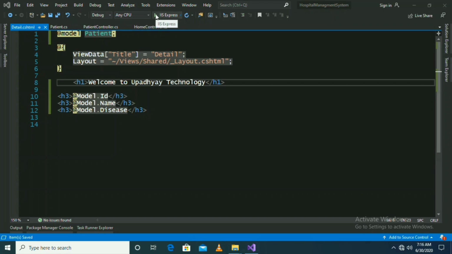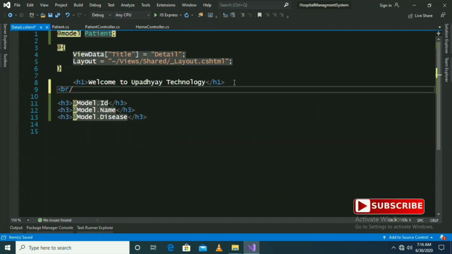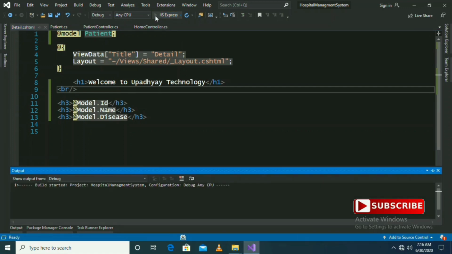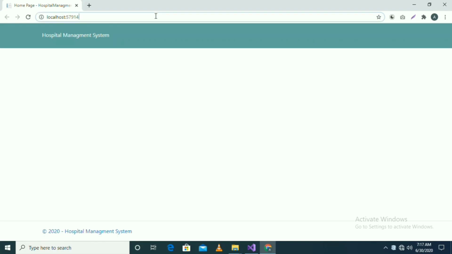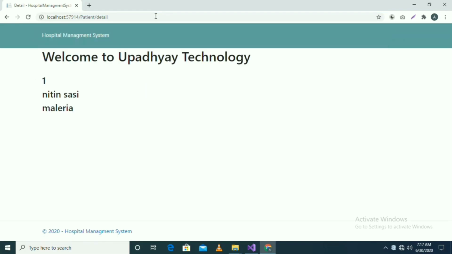Now I am going to execute. First of all, let us put in some space by introducing a breakpoint and then execute the project. Navigate to the patient controller and Details method. And now we are getting our data.